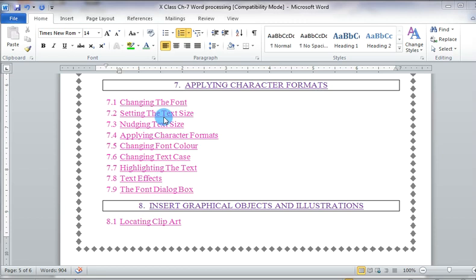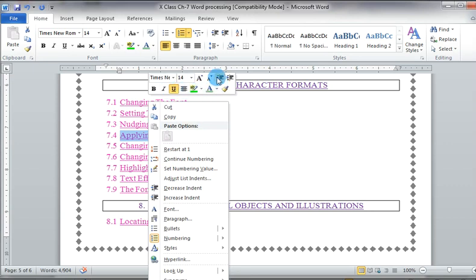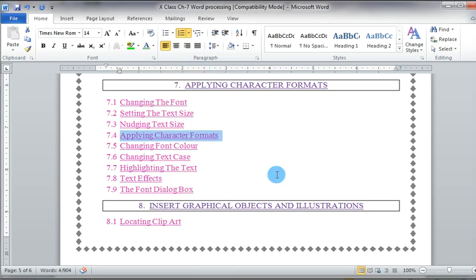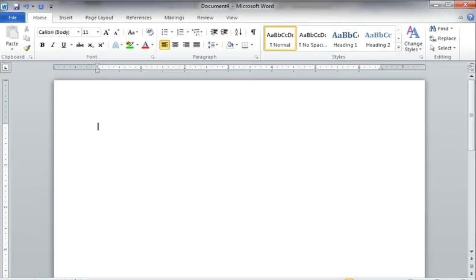Formatting text in Word involves tasks like bold, italicizing the text, change the font size and color of the text. Word stores some common text formatting commands that perform these tasks, and these commands are available in the font group of Home tab. And also when we select the text and right click on the text, the mini toolbar will appear. We can also change the formatting by using this toolbar. So let's see how to format the text.